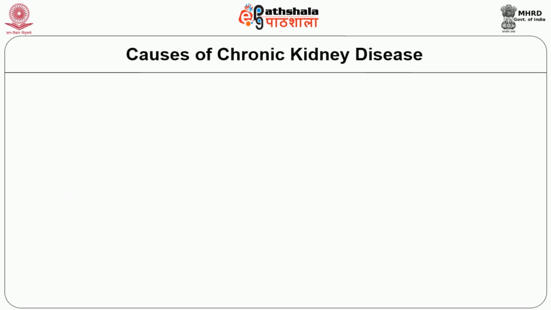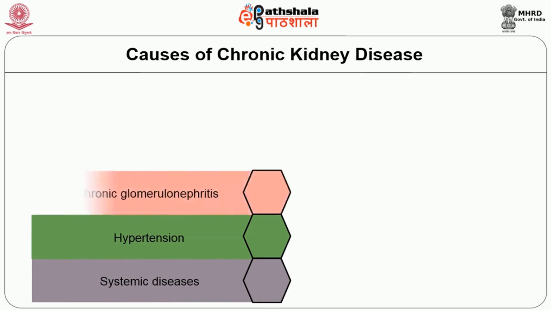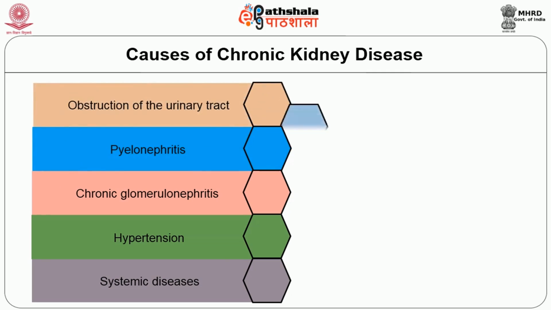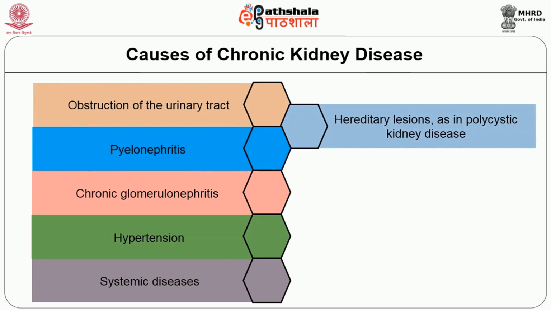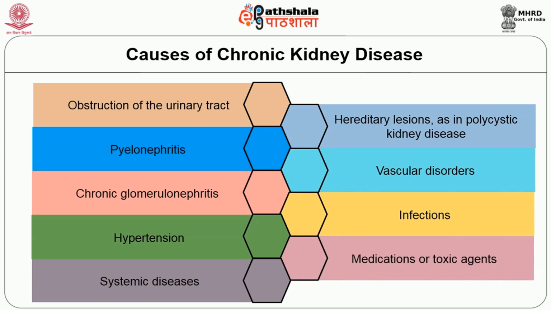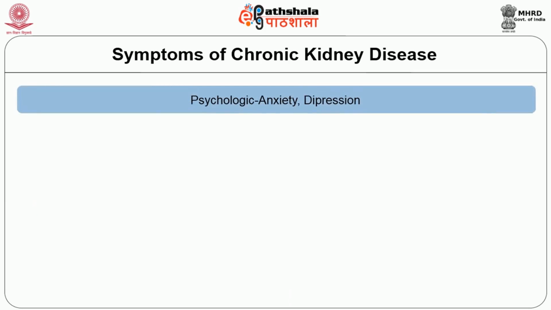Moving on to the causes of chronic kidney disease: systemic diseases such as diabetes, hypertension, chronic glomerulonephritis, pyelonephritis, obstruction of the urinary tract, hereditary lesions as in polycystic kidney disease, vascular disorders, infections, medications or toxic agents. The symptoms of chronic kidney disease include psychologic, which includes anxiety and depression, and neurological,